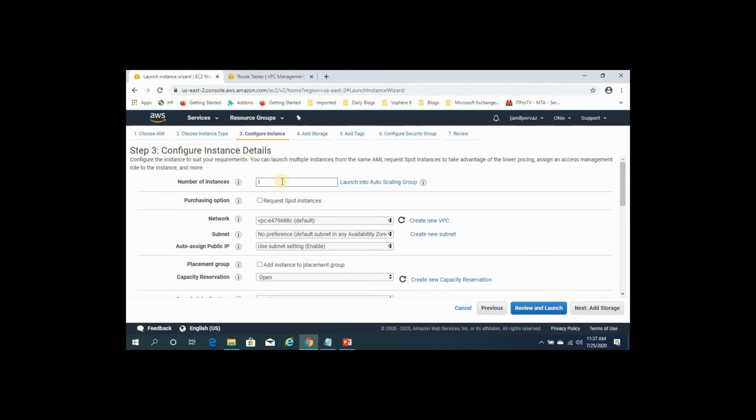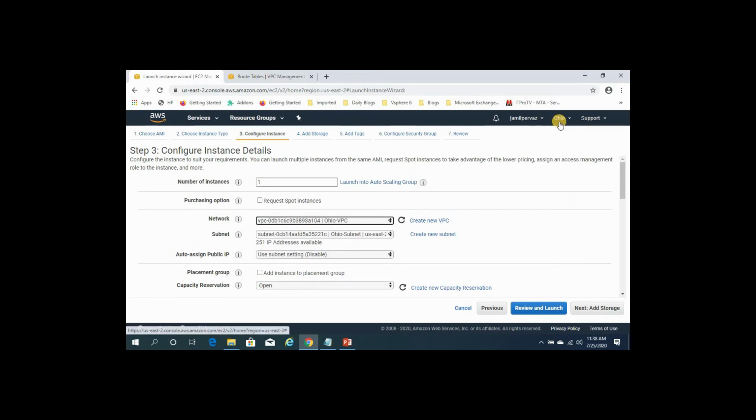So this is the important configuration. Number of instances, we need 1. Here we need to select the Ohio VPC. We don't need to select the default one, we need to select the Ohio VPC because we are in the Ohio region. Here you need to select the Ohio subnet.